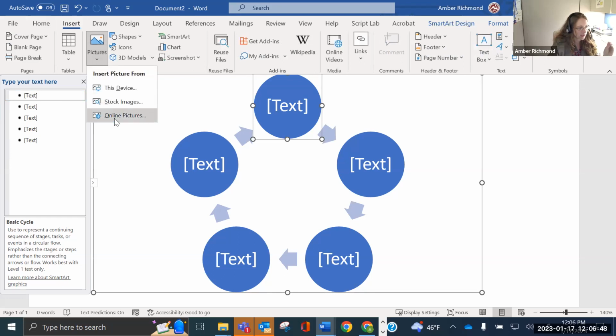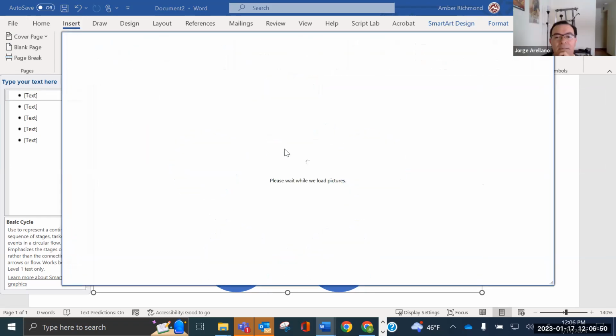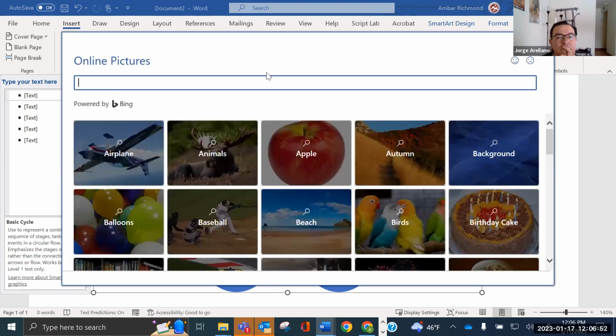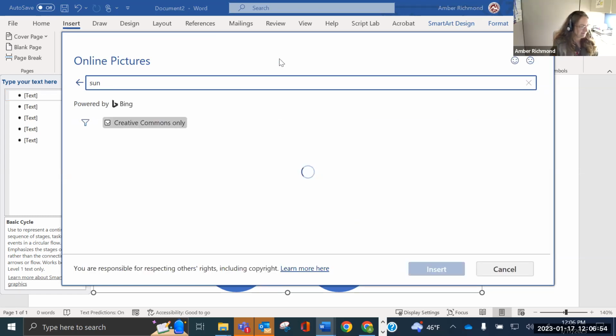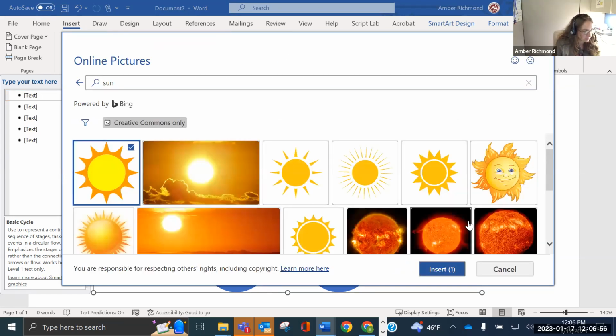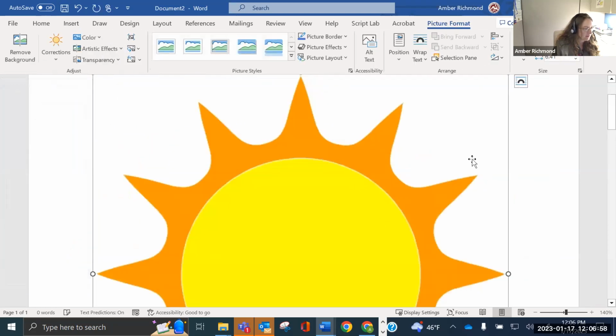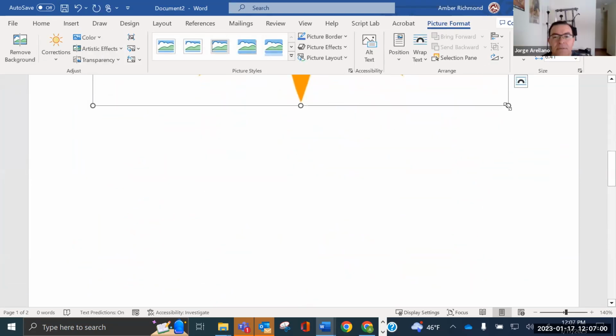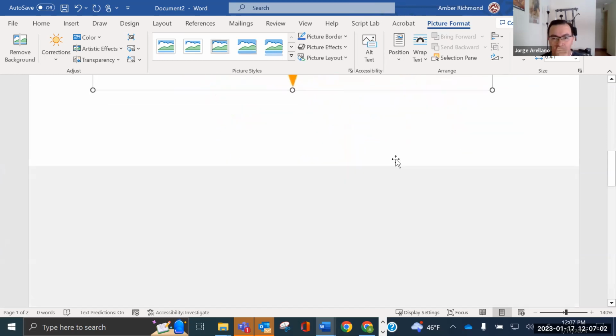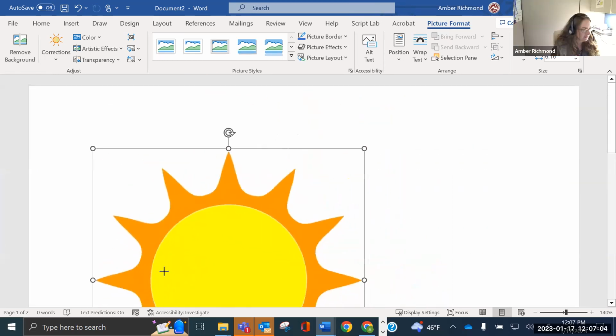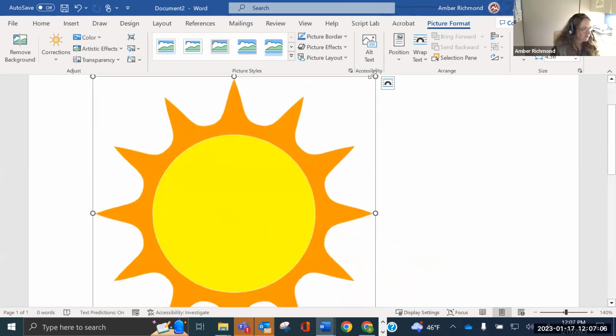So we can come here, and one thing I will do is I'll just find my picture first. I'm just going to go to Insert, Online Picture, and let's put sun. So I'm just going to pick a picture and insert it. Okay, it's going to go there. It is real big, so I'm going to size that down a little. And then if I want to move that around,